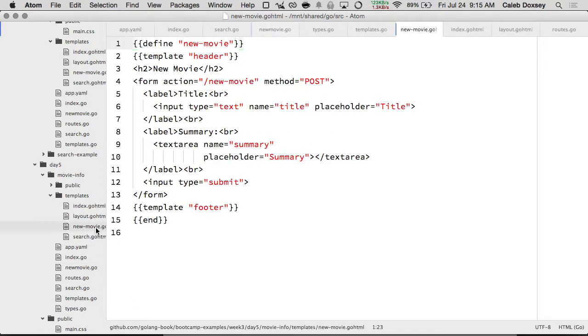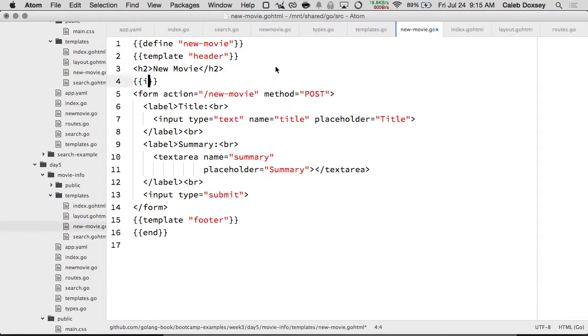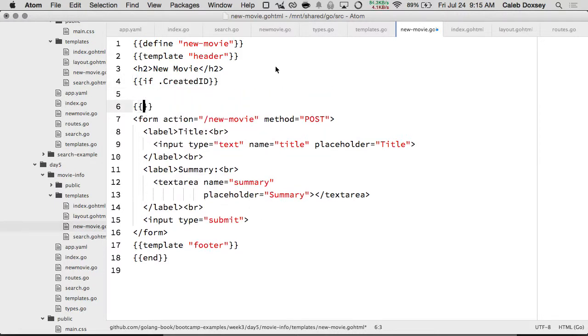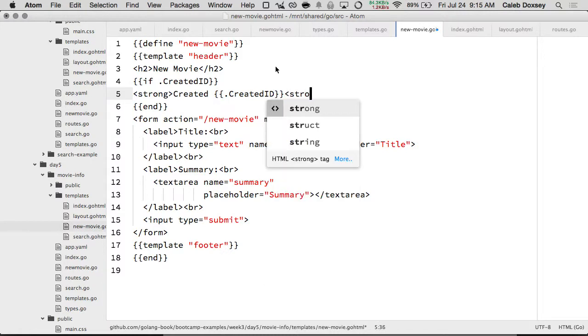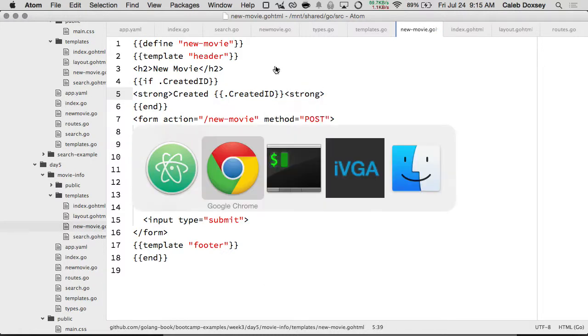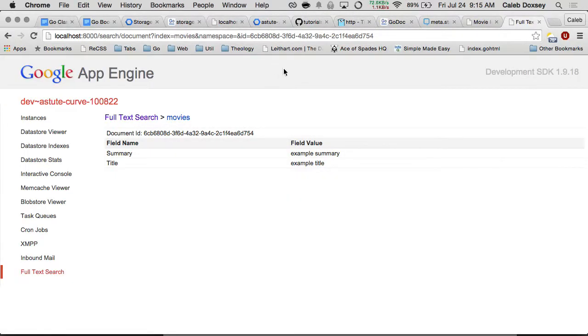Okay, and then in my template, I'm just going to add an if dot created ID, just to give some indication to the user that something happened. So now if I submit